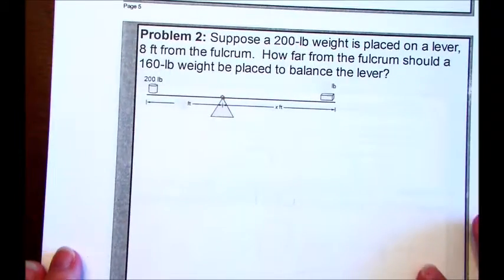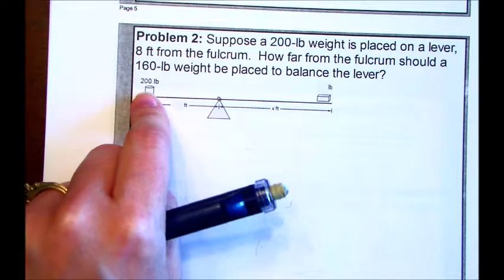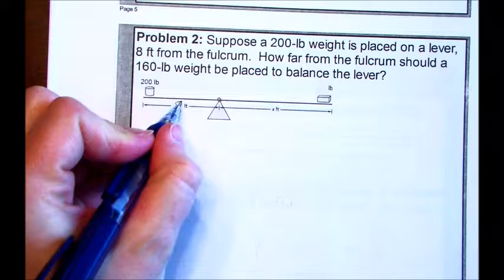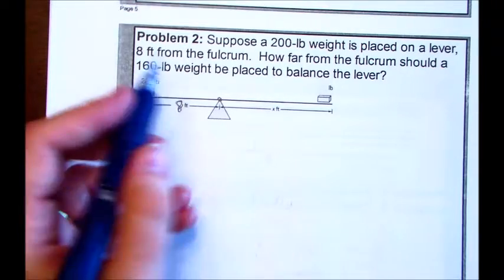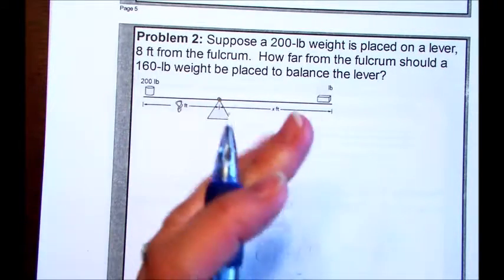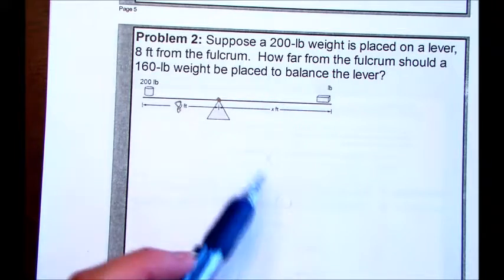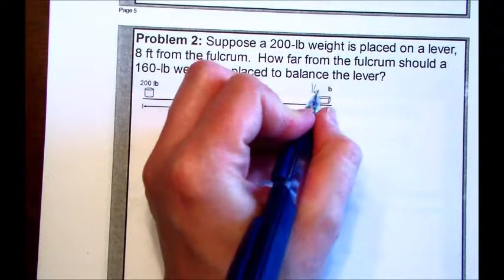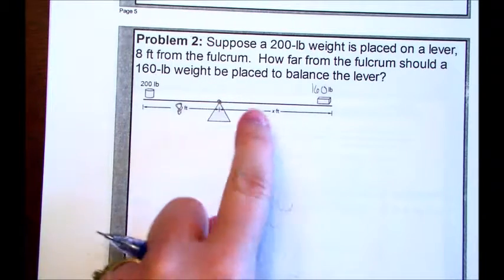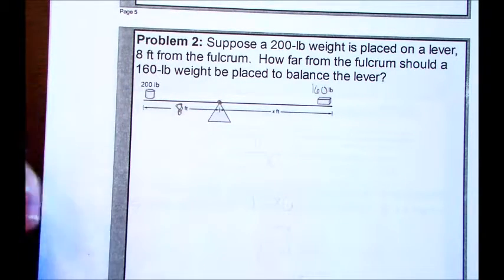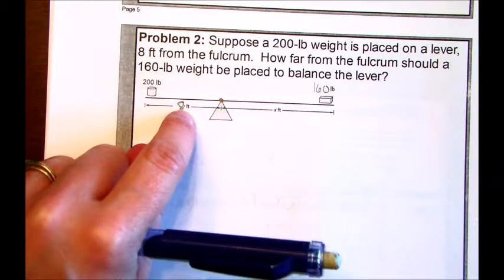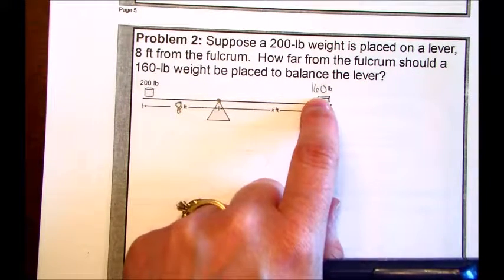Problem 2. Suppose you have a 200-pound weight and it's placed on a lever. And it is 8, everybody fill that in, 8 feet away from the fulcrum, which just means like the balancing point. Think about a seesaw. How far from the fulcrum should we put a 160-pound weight? So they're asking us, like, if we know, we can almost pretend we have people on a seesaw. If you have a 200-pound person 8 feet away and a 160-pound person, where should the